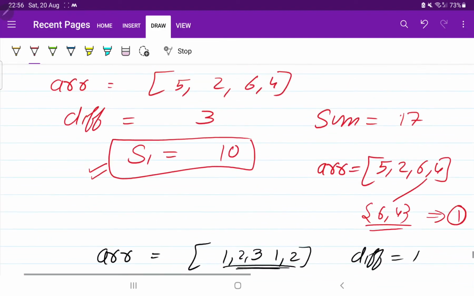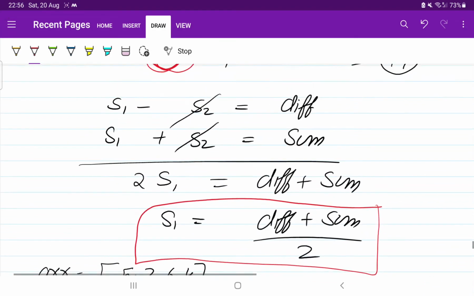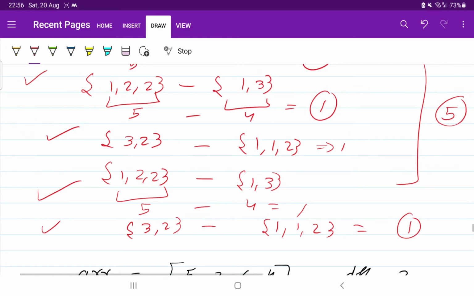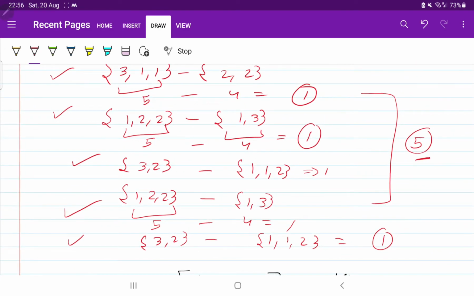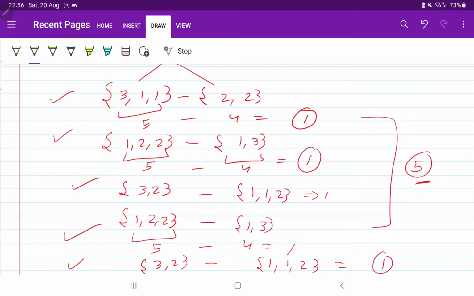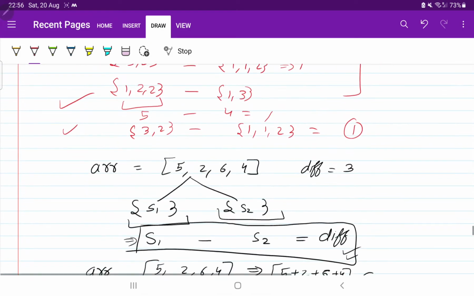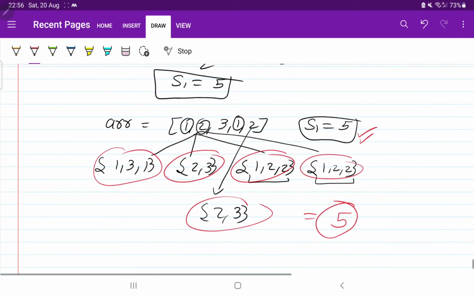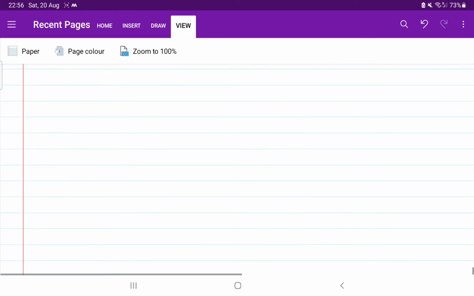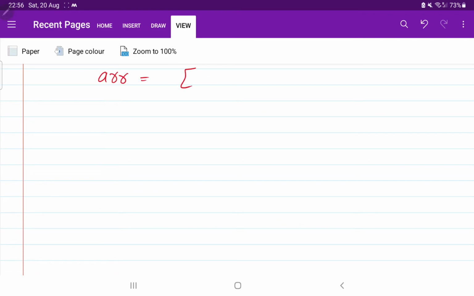Let us check. Earlier we have solved this question, no? How many values did we get that time? As you can see here, the count that we got is also 5. We did the subtraction at that time, and we got a total count of 5. So we got the correct solution. It means, what is the question now? The question is now, if an array is given to you with the elements 5, 2, 6, 4, first of all you need to find the value of S1. What will be S1?